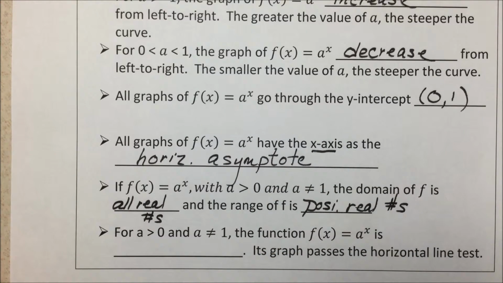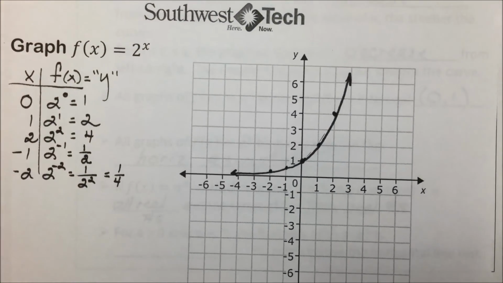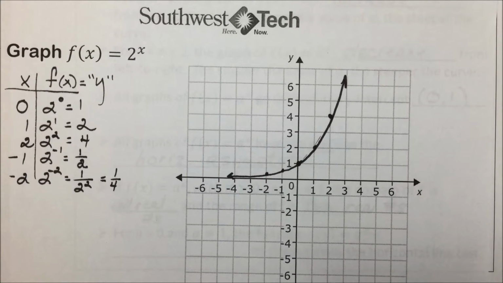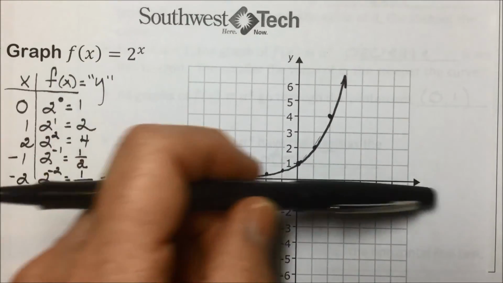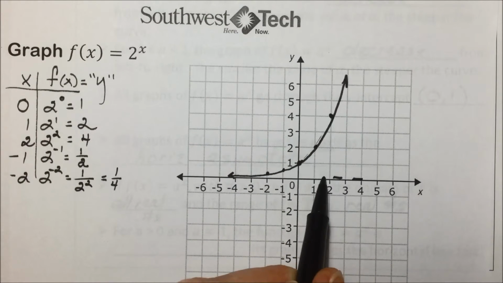And if I bring those graphs up again to show you, there are no reasons for restrictions on our domain because we don't have a variable in the denominator. We don't have a variable underneath a radical. So our domain is all x values, but our range, because of this horizontal